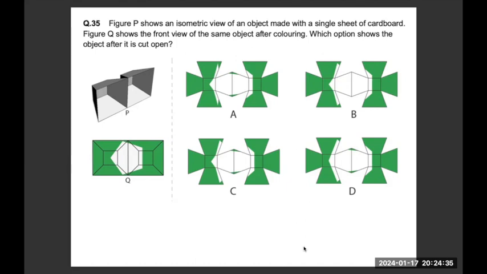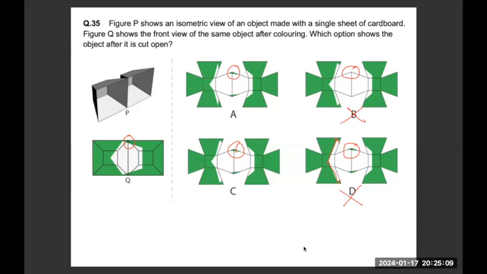If you observe the options very carefully, what you will see is in B this edge is white, and in A, C and D that edge is green. I will just look at that edge here, which is green. So B is wrong. Between A, C and D, I will now look at what is different. Now between A, C and D, option D is different, very different, which is wrong because if this is going